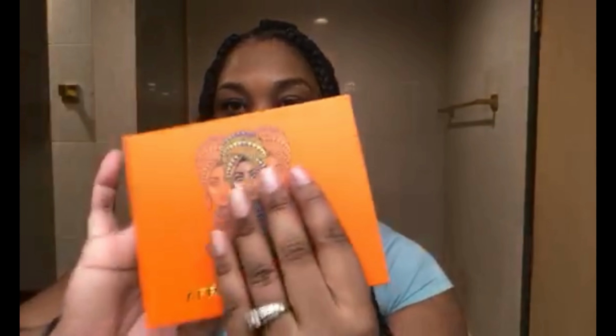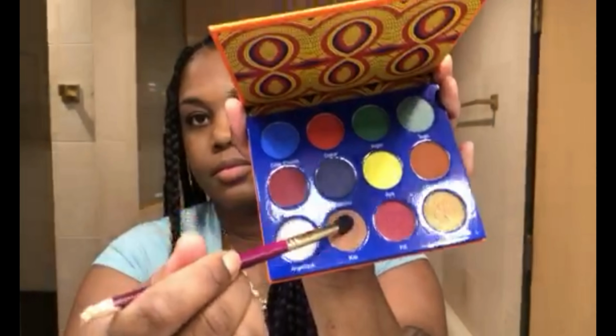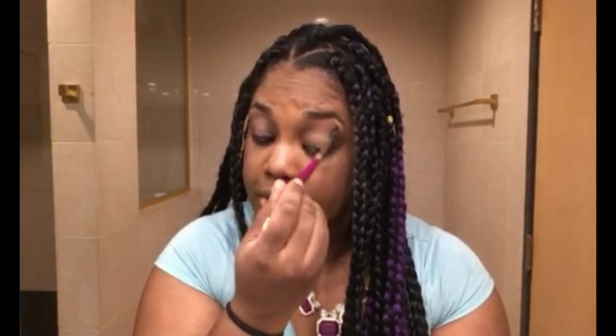Okay, so I also have the Juvia's palette that I've been dying to use, and I'm going to take Kissy. Put it all over my crease, all over under the eyebrow. And then now I'm going to take, let's see,